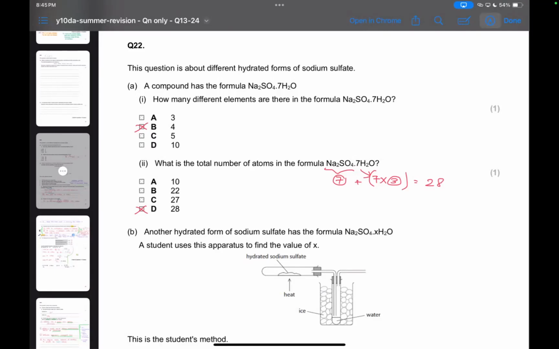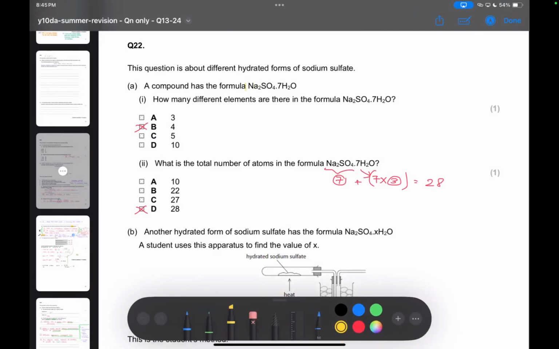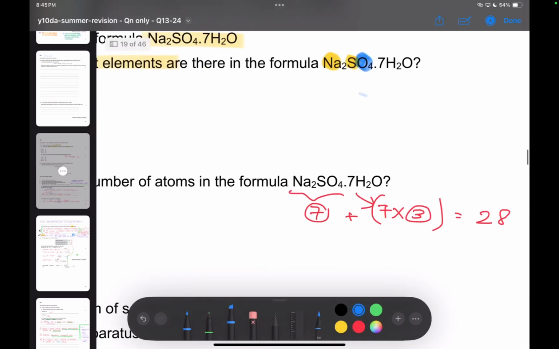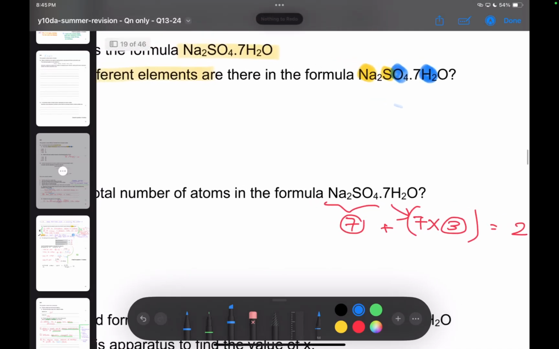With the first question, we have quite a lengthy formula over here, and I want you to look at the number of different elements. To do this question, what you should be able to do is to look at this and identify all the uppercase letters. I'm going to use slightly different colors so you can see it. Nitrogen, sulfur, oxygen, and hydrogen. I'm not counting the last O again because these two are essentially the same type of element,